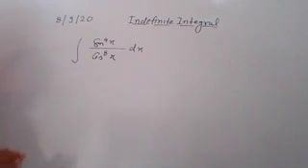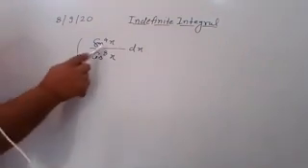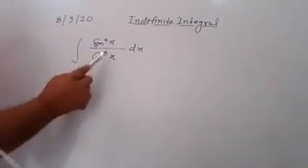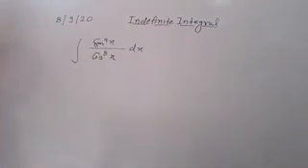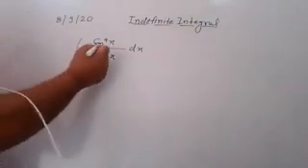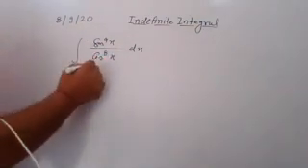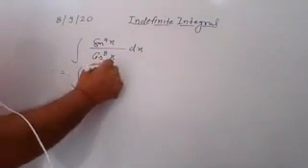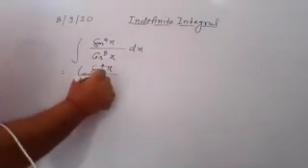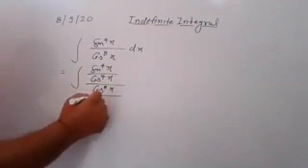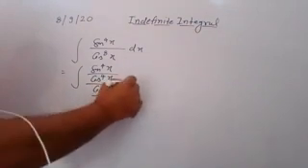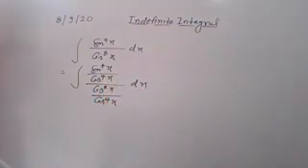So cos square x not, but you have to see the powers which is lesser here. Here you have sine to the power 4x, so you divide numerator and denominator by cos square x. If you divide by cos square x in numerator and denominator, just see what you have: sine to the power 4x upon cos to the power 4x, upon cos to the power 8x upon cos to the power 4x dx. You can write it in this way.